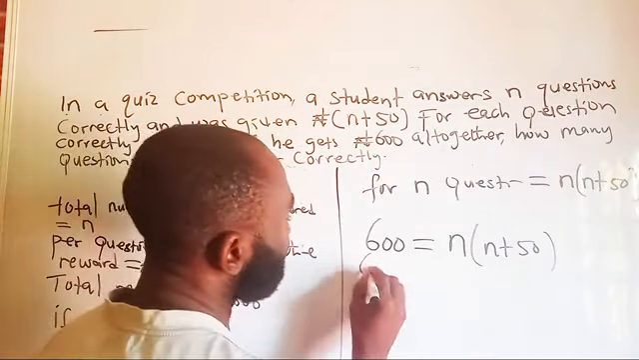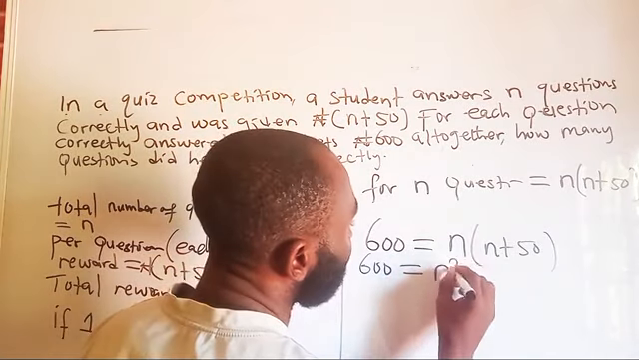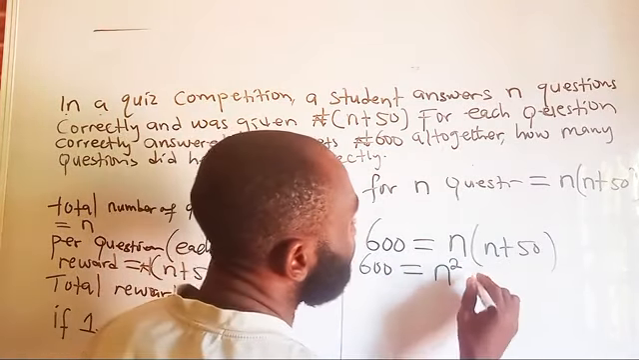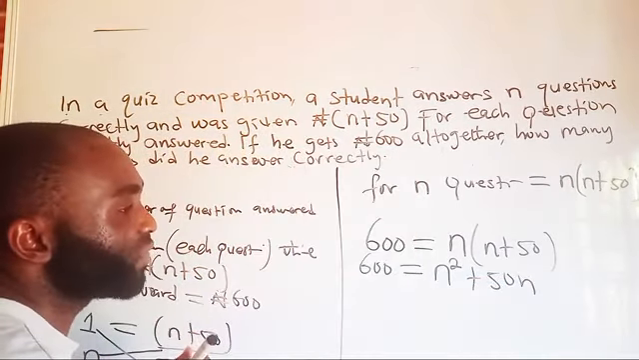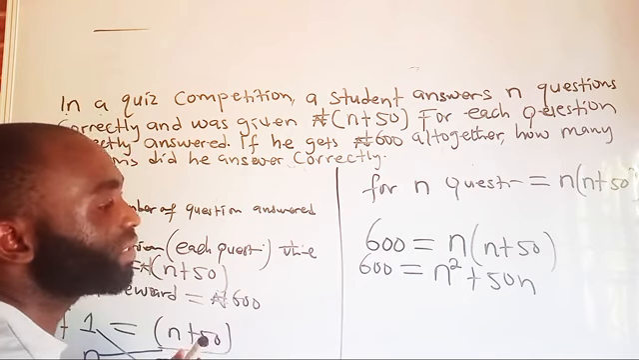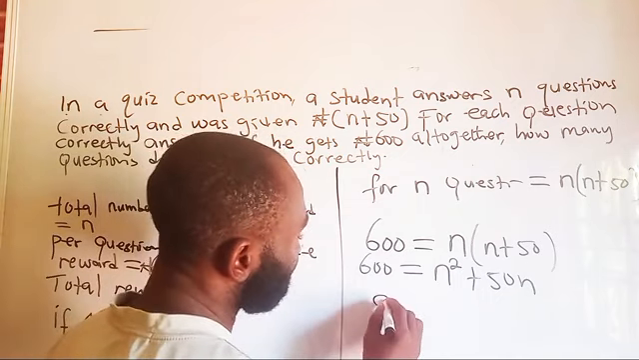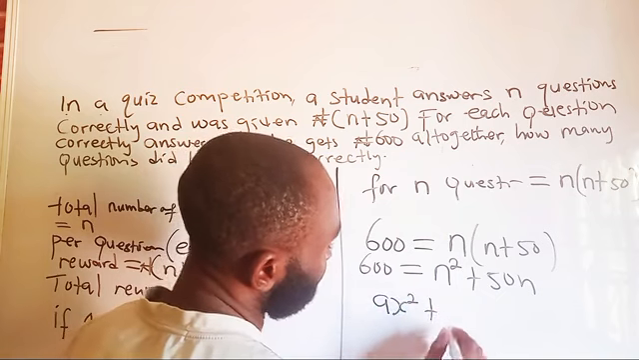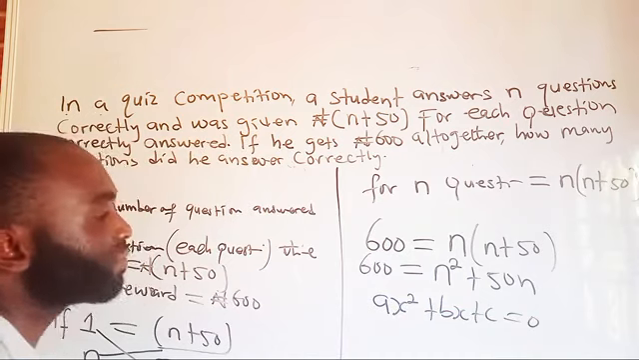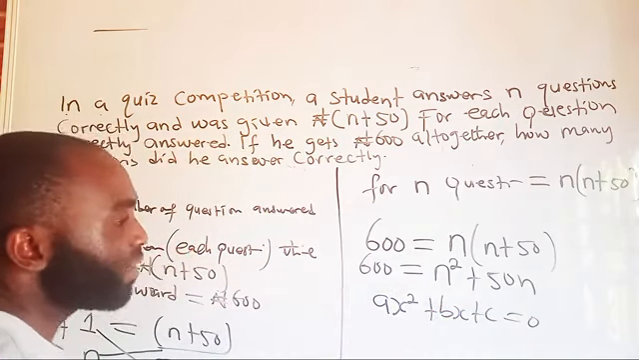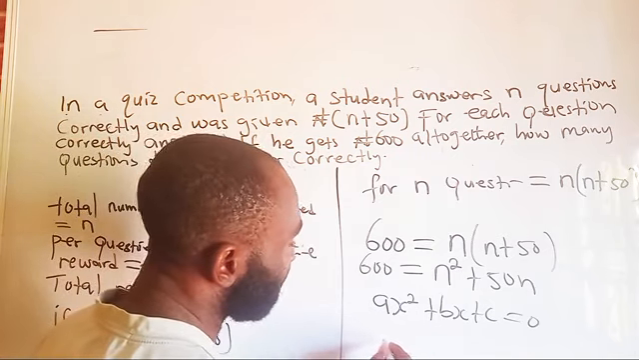So now 600 is equal to n times n, that gives you n square. N times 50, that will give you 50n. This resulted to a quadratic equation. So we are going to arrange it in that form. This is the format for a quadratic equation. We arrange the highest power first, followed by the second power, like that. So in rearranging,